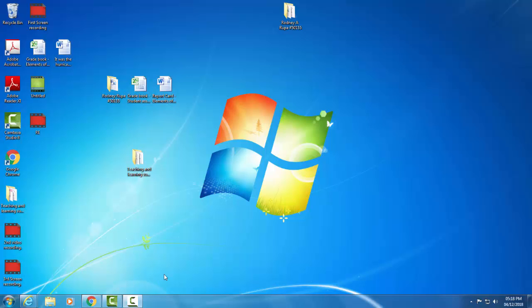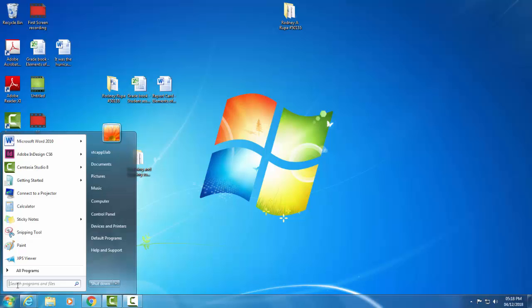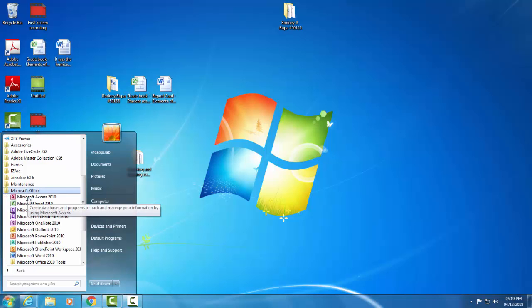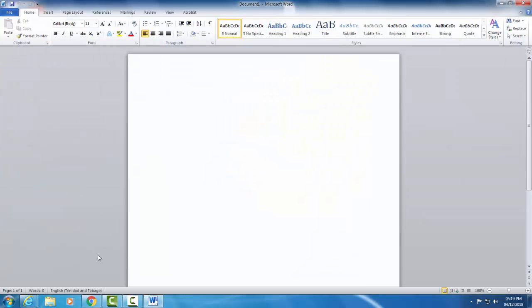So, to start our lesson, we will go to the Start button. We will view all programs, select All Programs, and scroll up to Microsoft Office. Click on Microsoft Office, and here Microsoft Word comes up. You click on the icon, and now you would see a white screen in the form of a